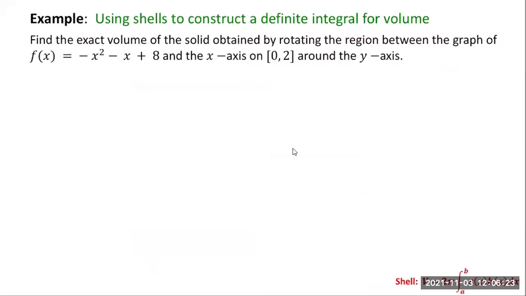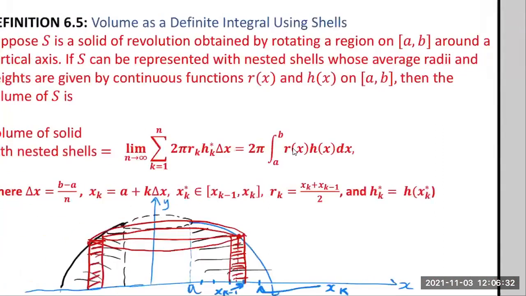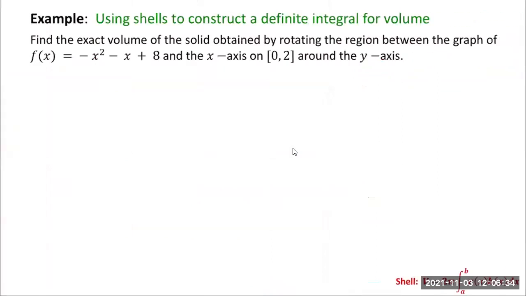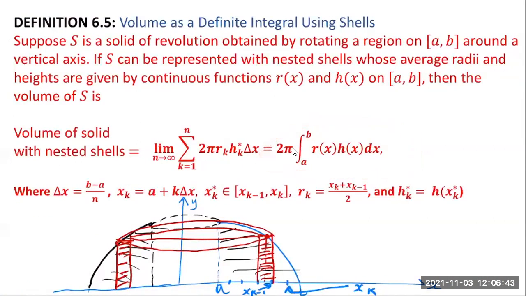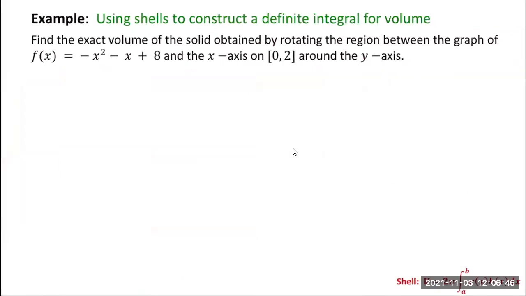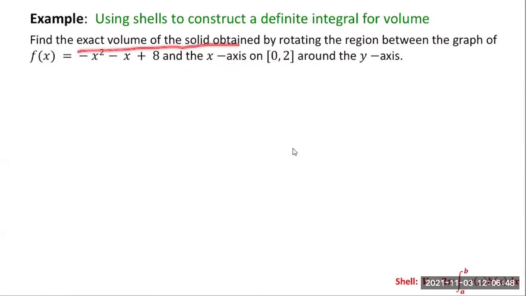Next I want to go over this example, which is an application of the definition that we discussed here, definition 6.5. Find the exact volume, this time not an approximation. Exact volume means you need to calculate this definite integral. Find the exact volume of the solid obtained by rotating the region between the graph of f of x equal to this function, the same function that we took in the previous example,